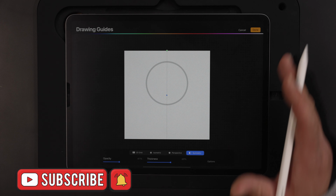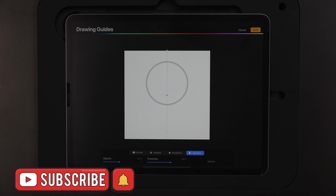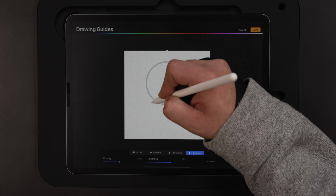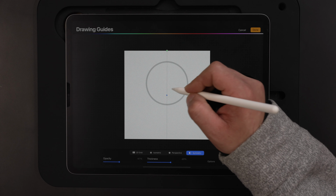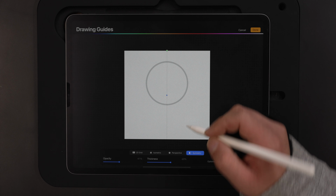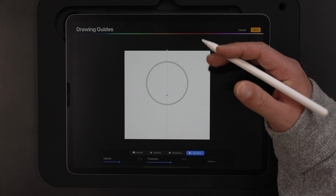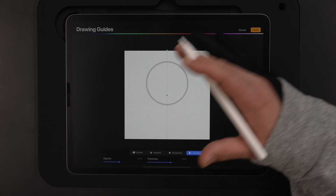So if you didn't watch that previous video, what symmetry does is it allows you to draw on one side of the canvas over here, and then it's going to show up mirrored over here on the right side. So what that does basically is it saves you time. You've got to draw stuff once and it flips over here, so only drawing half of the drawing